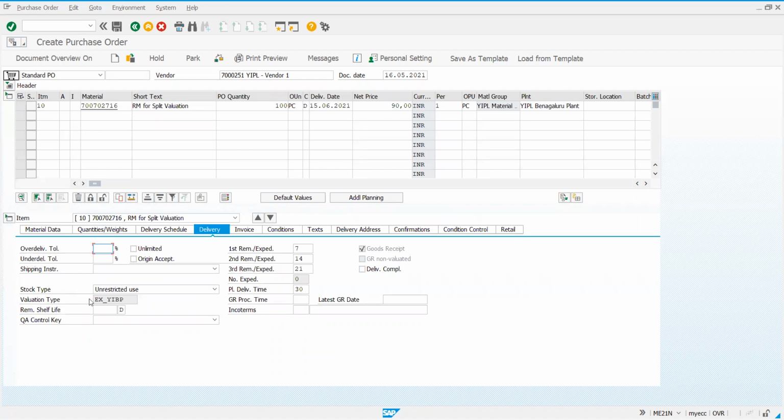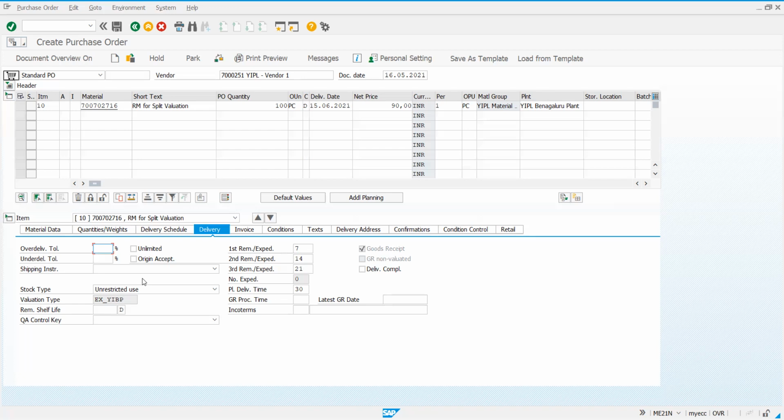You can observe here under delivery valuation type, it is external YIBP. So this is basically to divide materials into small parts and sort out separately and see how much price it is costing for each material. Based on that, you are going to tag the final price for the finished good. So that is the purpose of this.